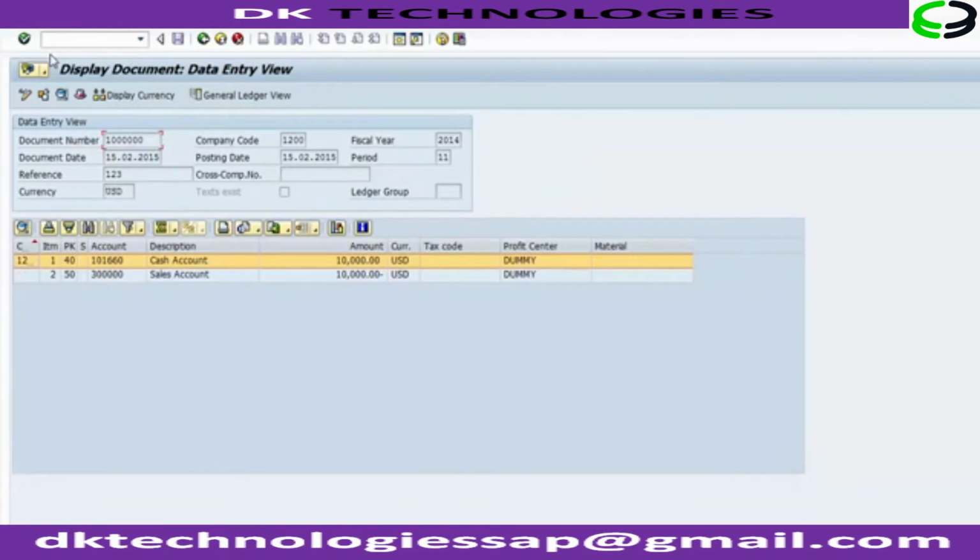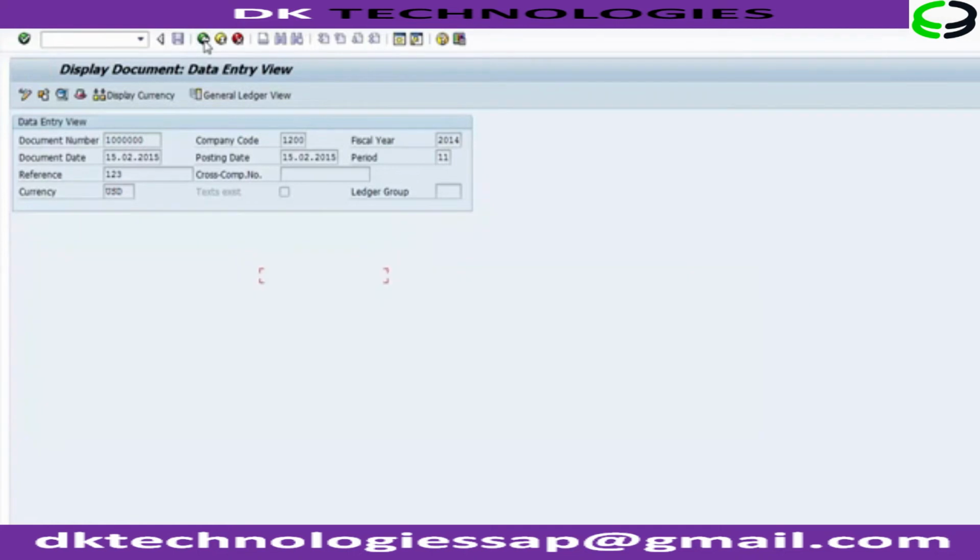As you can see, now you can see the document number, the company code, fiscal year, document date, posting date, then the reference, then the debit and the credit details,